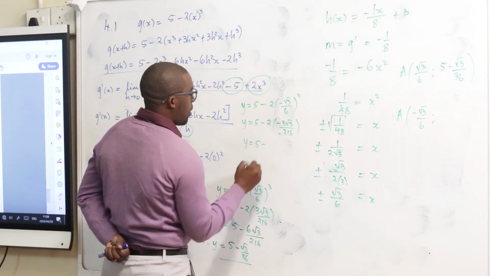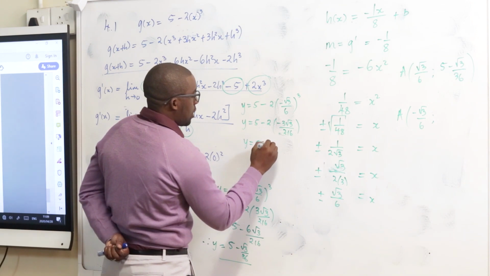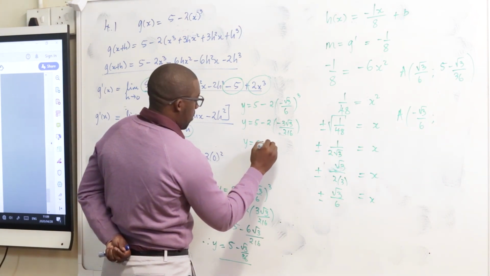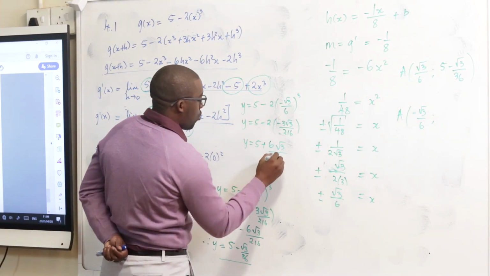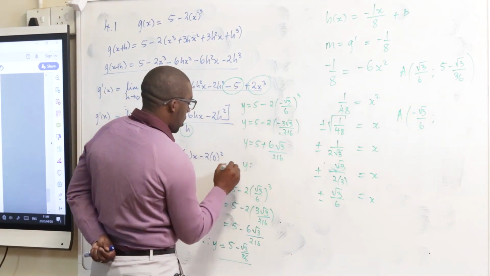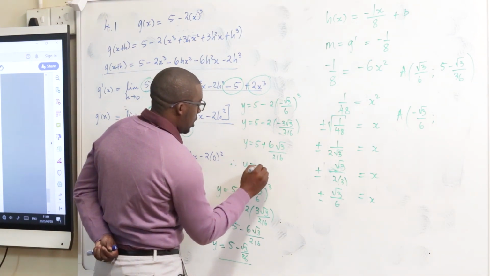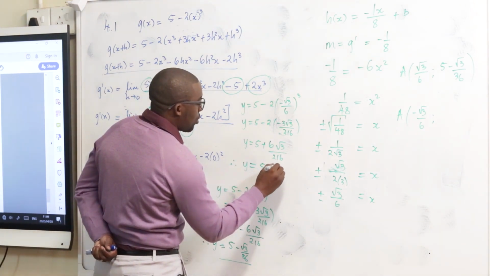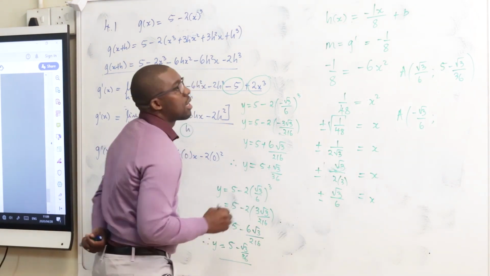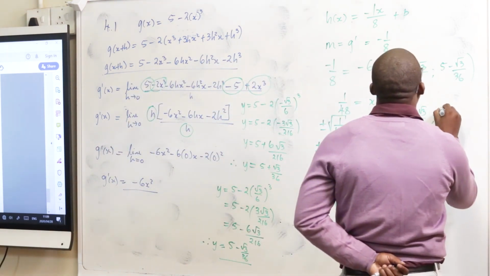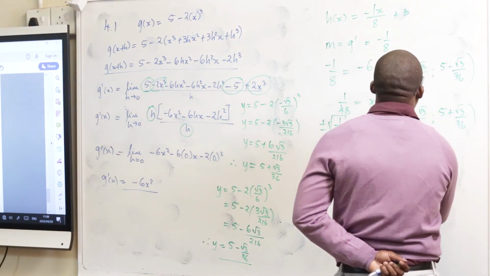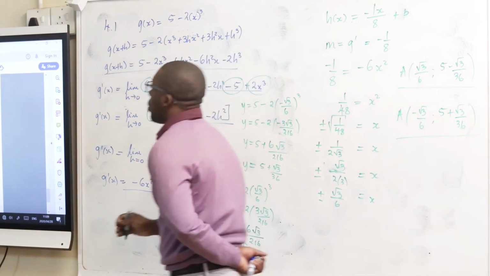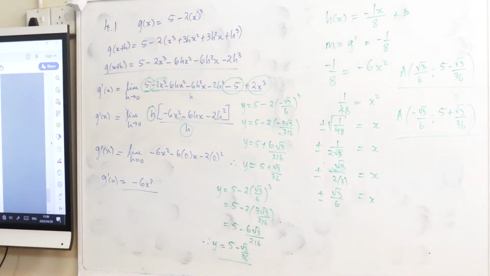Y is equals to 5 plus 6 root 3 over 216. Lastly, y is equals to 5 plus root 3 over 36. Plus, instead of a negative. These are the possible coordinates for this point A. These are the two possible coordinates. Possible because